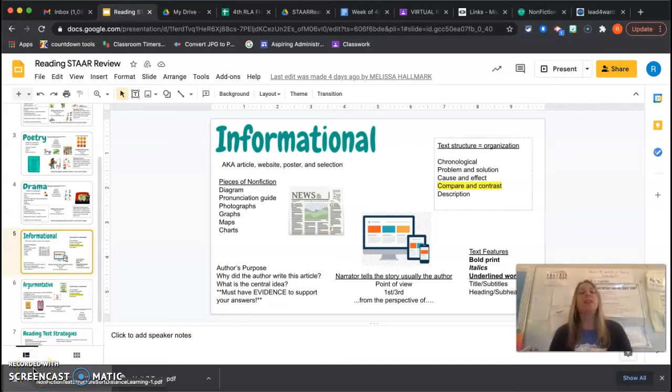Okay, so over the next couple of weeks, we are going to just take what the state says our TEKS are. The TEKS are what you have to learn, and we are just simply going to look at what is that TEK and what does it look like on the STAAR test so that I know what to look for, like how do they ask me that question, how do they present that question, and so that you are prepared. So today's TEK says,